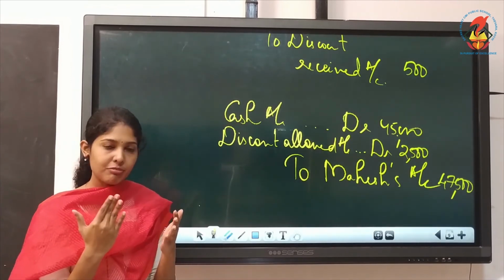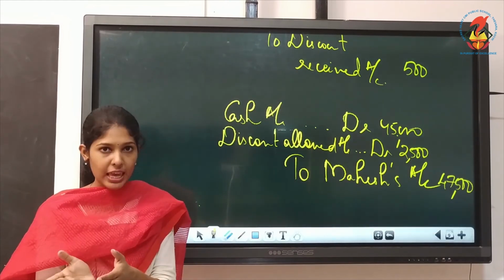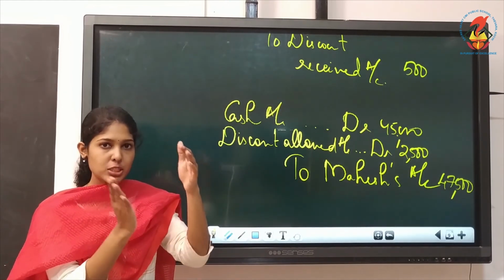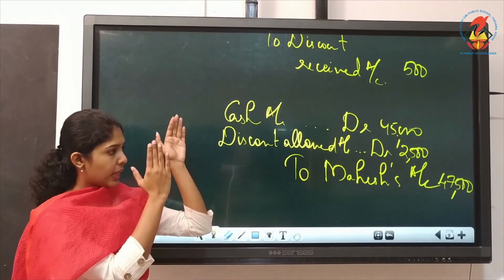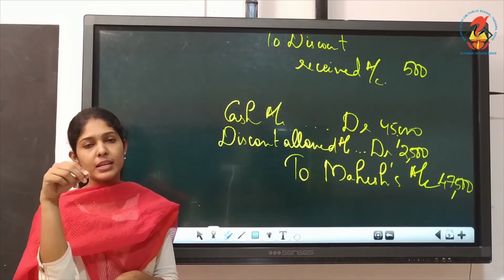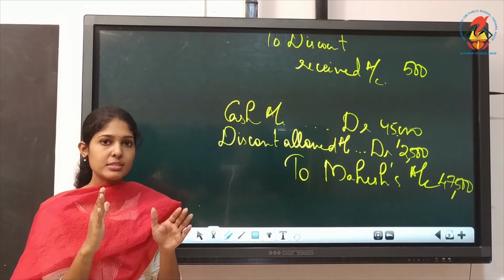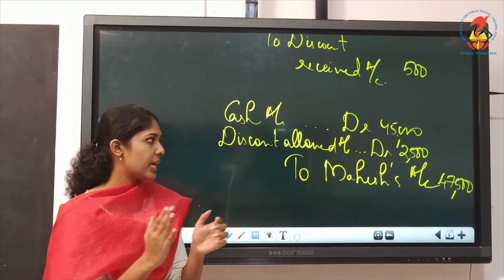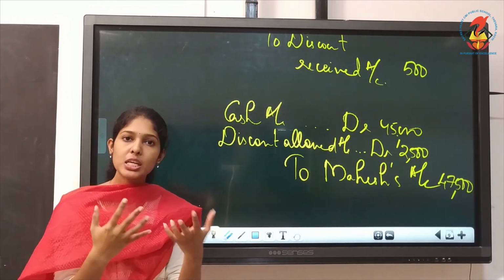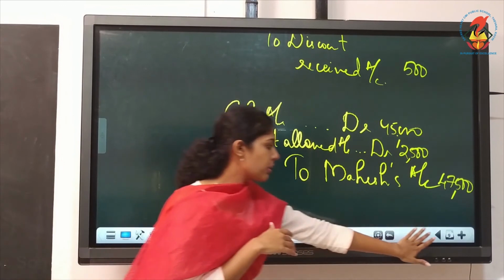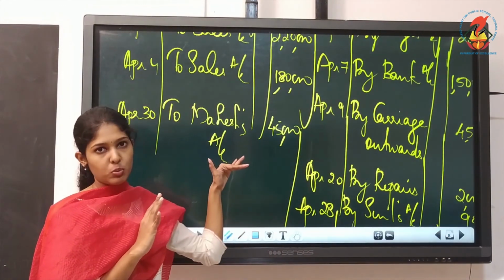Or else if you are getting confused, you write the entry in your working note. You write the entry. Working note means not rough calculation. Soon after the cash book, leave some space for completing cash book, just like you wrote now. Then there itself, along with the answer, you just write the entry and see, then do the posting. That is also fine if you are getting confused. Or else, to save time, the easiest way is just see what we received. So we know that cash to be debited, to Mahesh, that's a basic entry. So posting will be to Mahesh, and what we received is 45,000. Directly you can do the posting.